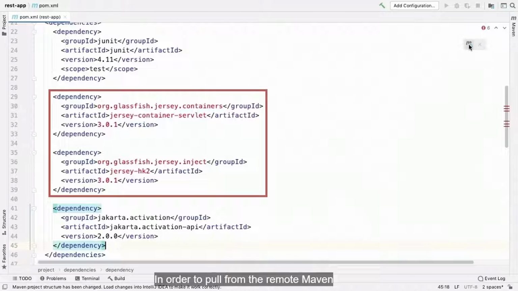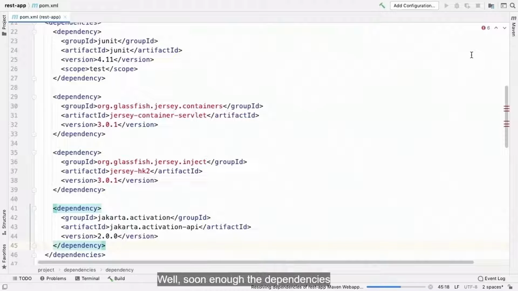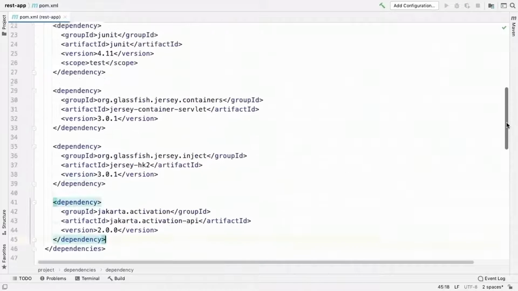In order to pull from the remote Maven repository into the local one, if you are on IntelliJ, you can head over and hit the Reload Maven project button. Once that is done, well, soon enough, the dependencies will be pulled into your local file system, and that concludes the changes needed at the moment to the POM.